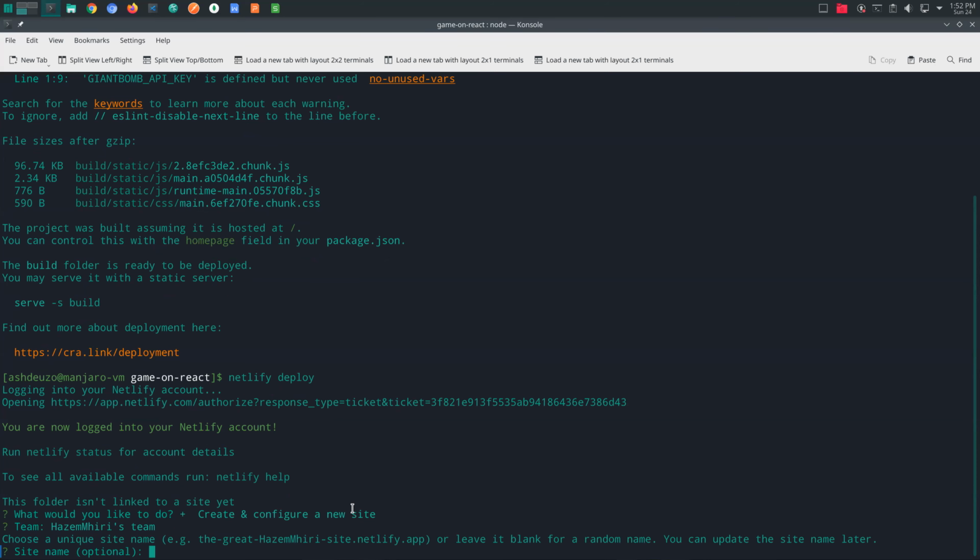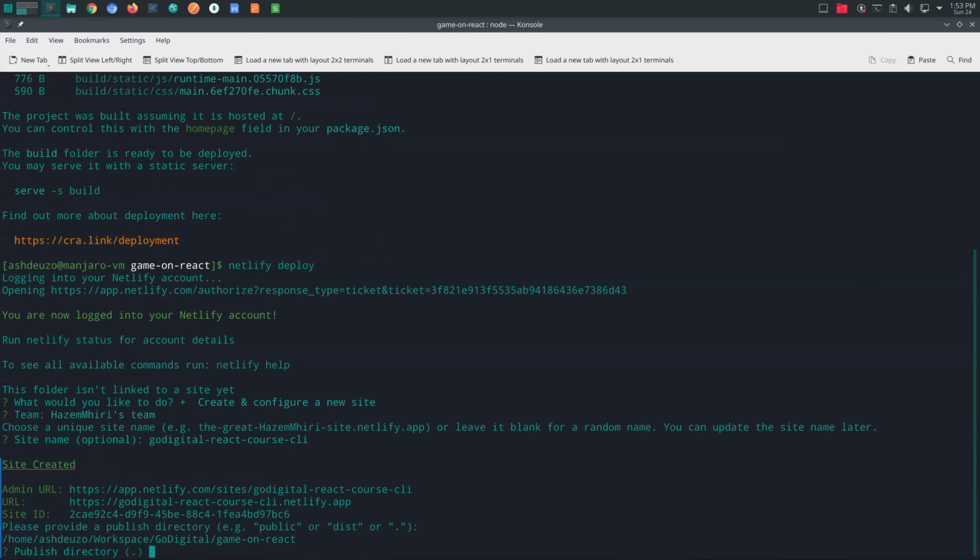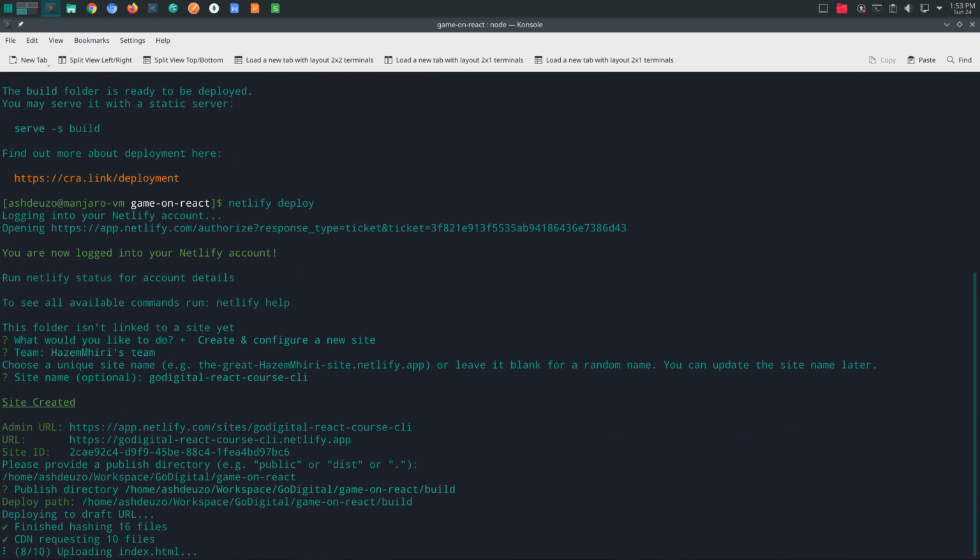So choose a unique site name. We'll say go digital React course CLI, and we'll publish the directory, not deploy, we'll publish directory build. And well, now, as you can see, since we've done the build here, it doesn't need to do it again on Netlify. All it's going to do is basically deploy our